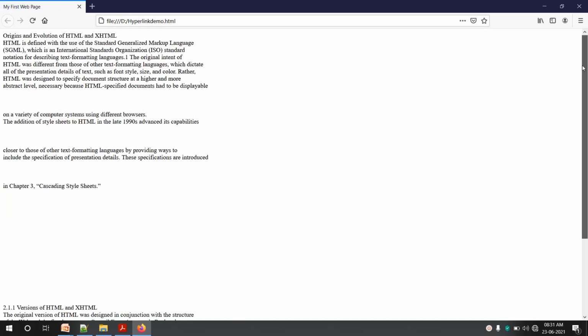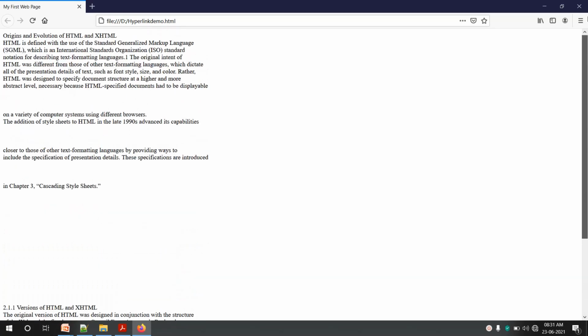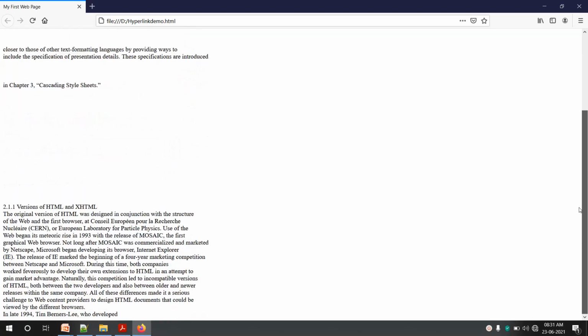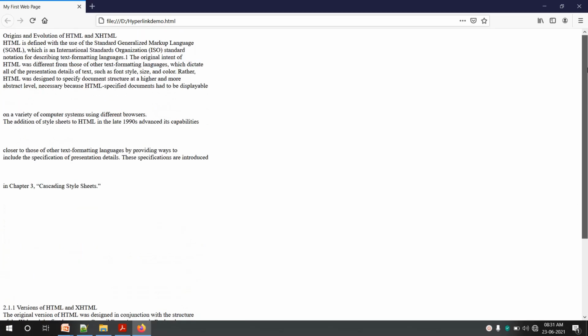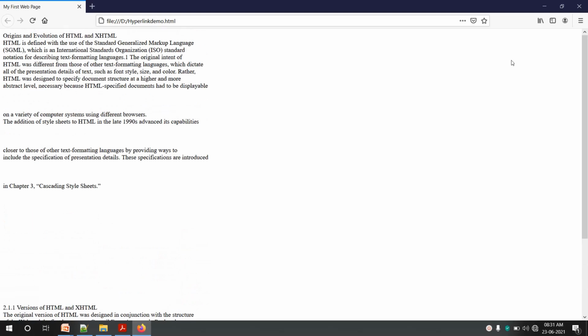Okay, now you can see there is a scroll bar which can be used to scroll down. Right now I have just one or two pages. In the case of hardly a few pages, scrolling down will do, but consider some 100, 200 or more pages. In that case you have to scroll down many pages, which is a very difficult task. In such cases we can use hyperlinks which connect to different parts of the same document.